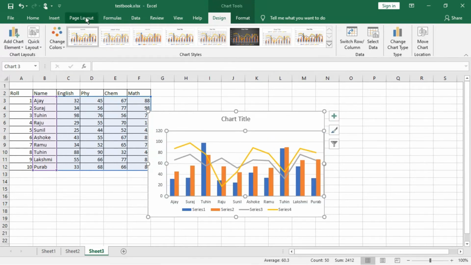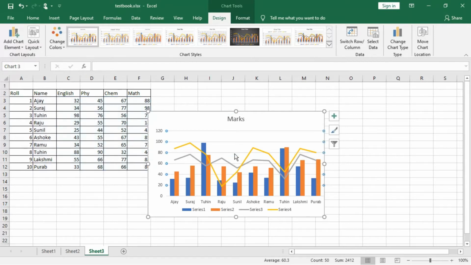Another type of charts are also available out here. So I'm moving from here to another one. I'm just deleting this. This is the chart title. You can enter the chart title also out here. Suppose you have given out your marks, so you can do so out here. Marks, you can give.